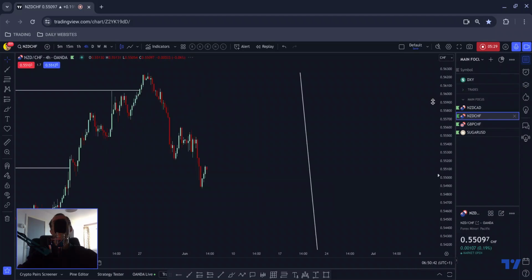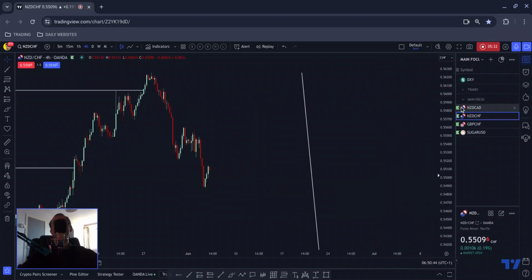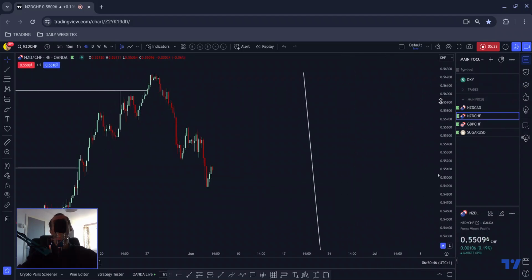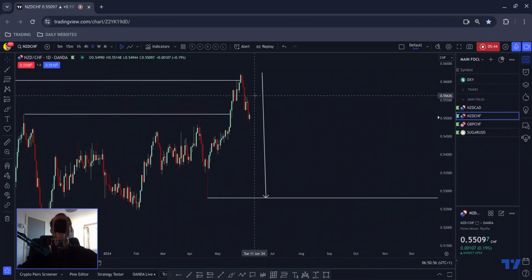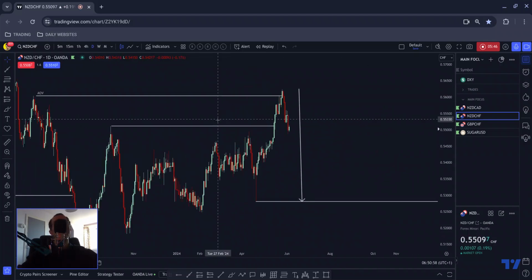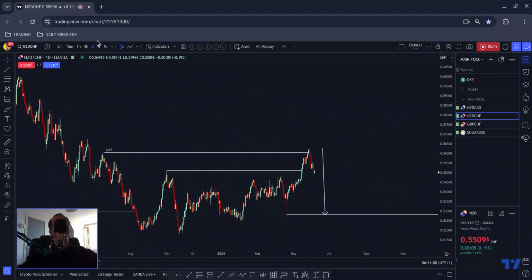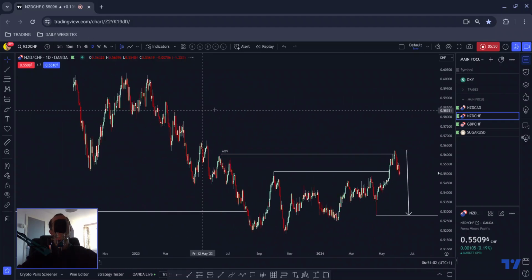Kiwi Swiss. So if the Kiwi is moving to the downside, that adds confidence that it will likely do so across the board. Okay, it's not always the case, but that's certainly a correlation we can use to add another layer of confluence to our trades in many instances. Okay, so on the higher time frames, Kiwi CAD,